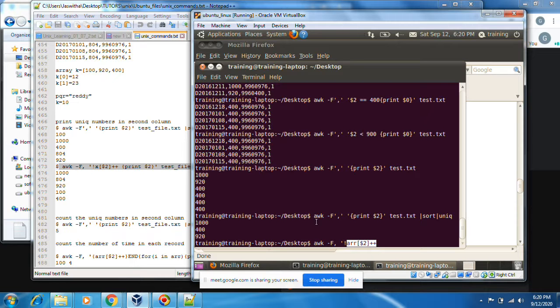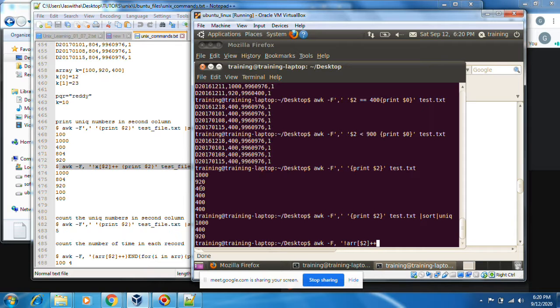Suppose first I push 100 into this array. There are no values in that array. Again, I am pushing, and plus plus means it will iterate to the second one. Again, it will check whether 200 or 920 is present in the array. No, only 100 is present. That's why the second one is added. Third one, plus plus means 920, plus plus means 400. Next element, we can say all these are array elements.